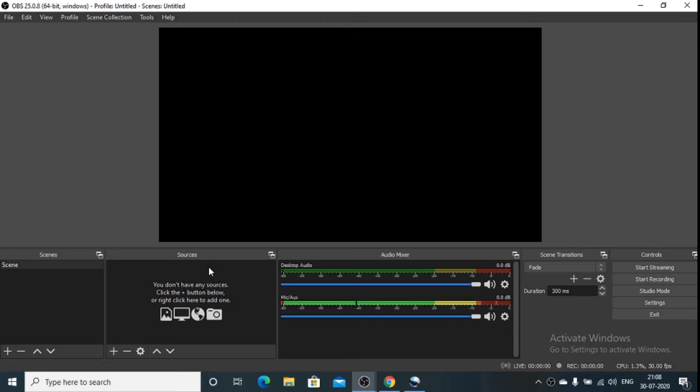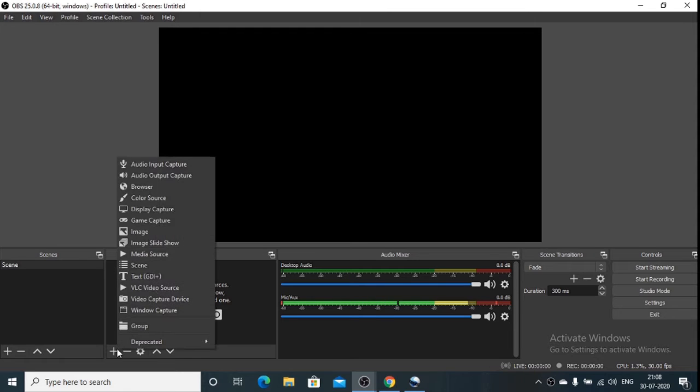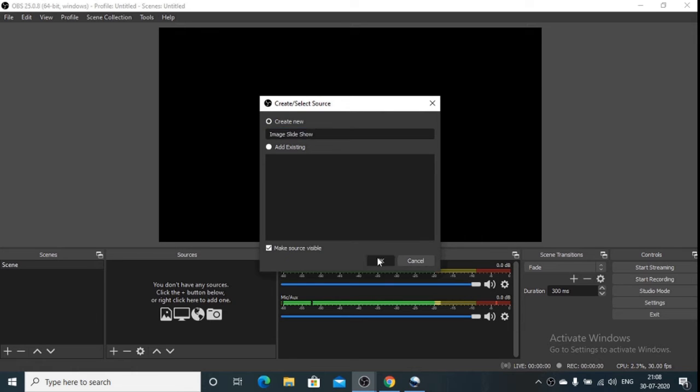Now I will discuss how to explain the content with the help of image slideshow. How can we explain any topic with the help of different images? For that we have to select the source image slideshow.